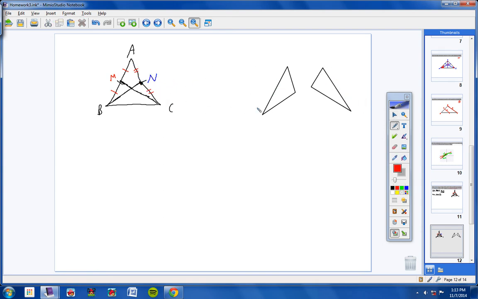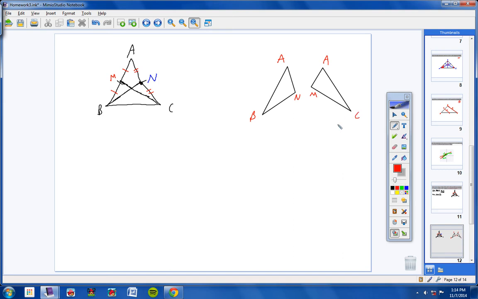So this triangle here would be ABN. Okay? And this triangle here would be, it's incorrect, sorry guys, BAN like this. And then